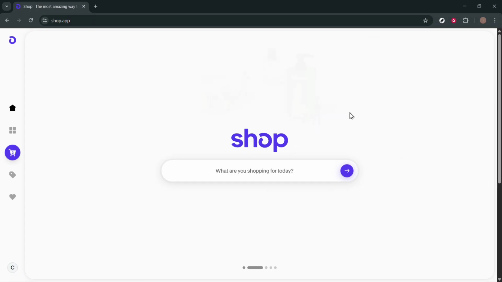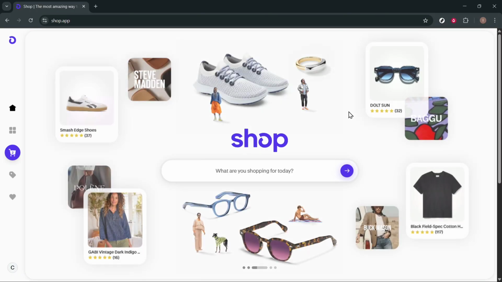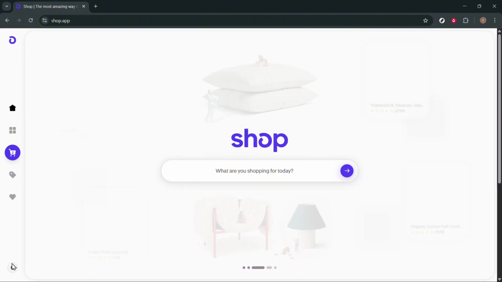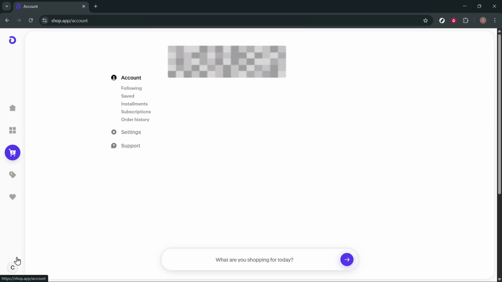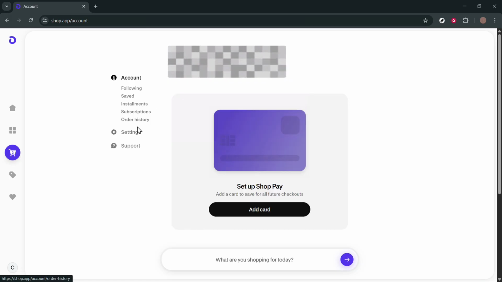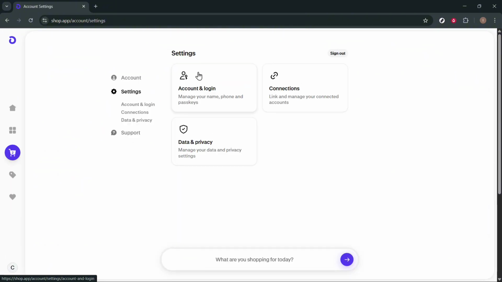So start by opening the Shop app on your device, and then from here, go ahead and click on your profile at the bottom left of your screen, and then this would take you to your settings. On your settings, head over into the settings tab, and then on the settings tab, click on account and